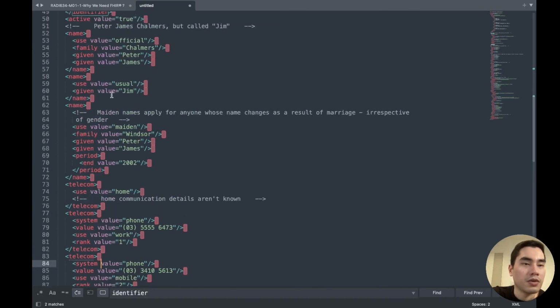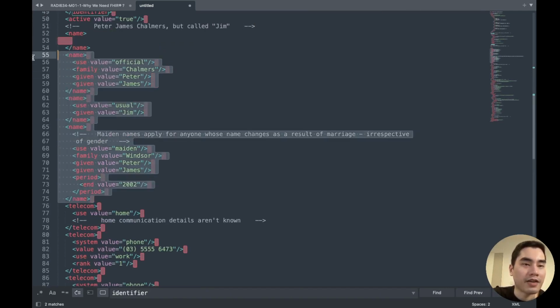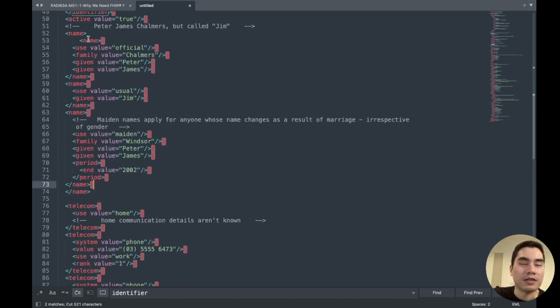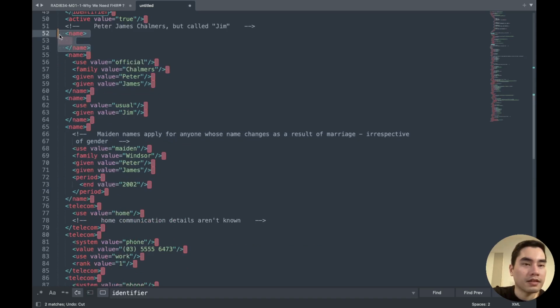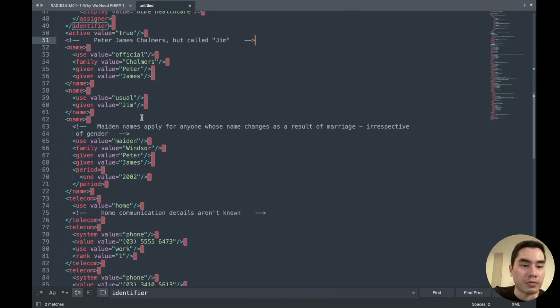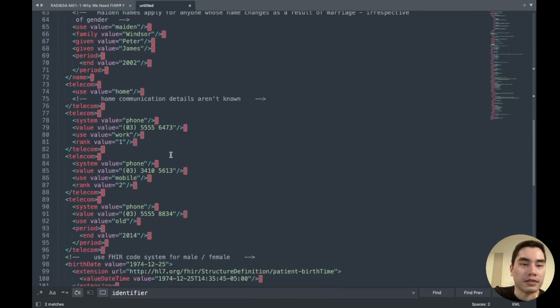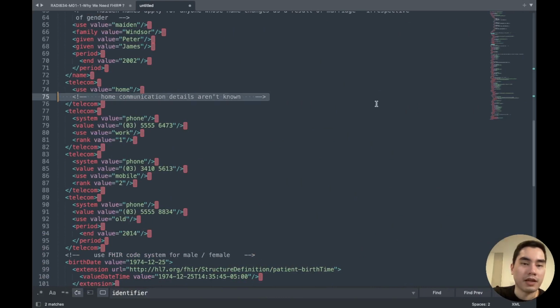Telecom, you don't need to put it like this and then make everything a child of that. No, it's not done that way. All right. Just stack it one by one. But the order is important. You cannot switch the order. And comments are allowed in XML. You can put a comment like this.